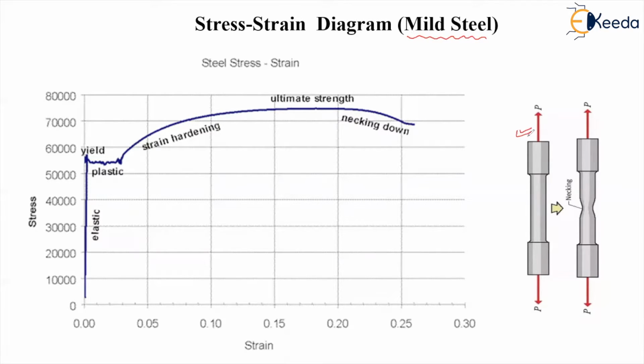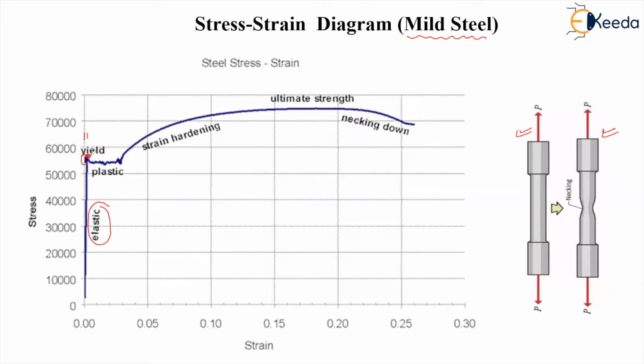The original length of the mild steel was like this, but when the load is applied, you can see some deformation is there, right? So this is the typical curve obtained for a mild steel specimen. Some elastic curve is there. Within the elastic limit, you know that the material can regain its original position, and this is very close to the vertical line, which means the straining is very small. Theoretically we show a large straining, but actually you can see here very small straining is there, right? Strain is on the x-axis, and this is the small straining in the elastic limit.